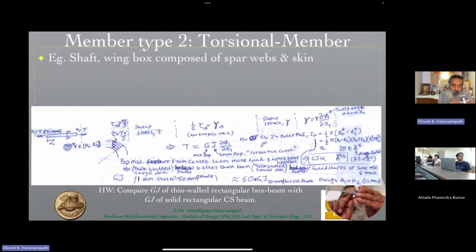It's essentially the web of the two spars, the front and the rear spar, along with the top skin and the bottom skin. All four put together form essentially a box, and that rectangular box is what